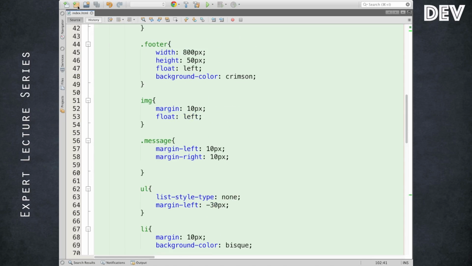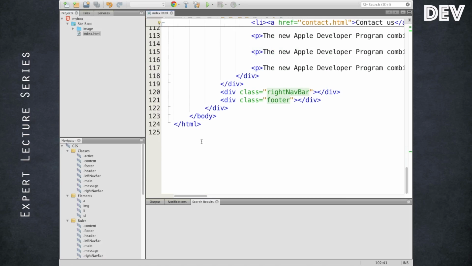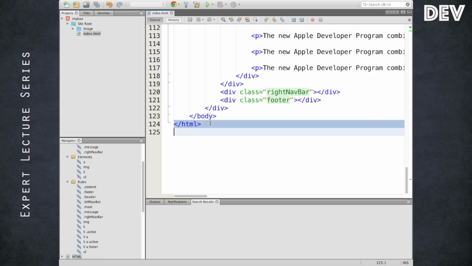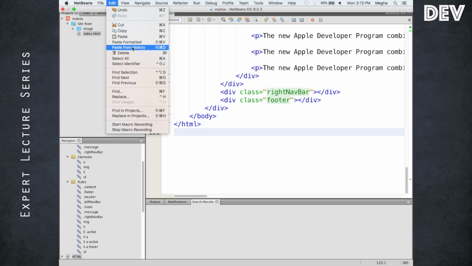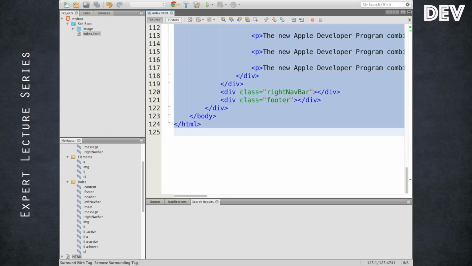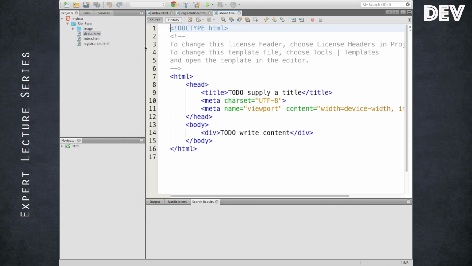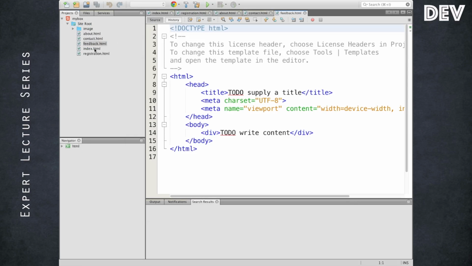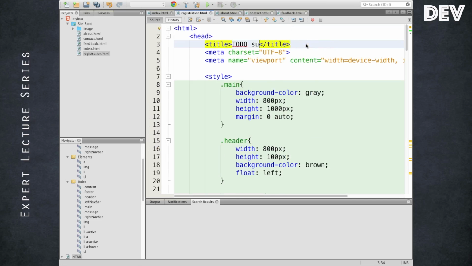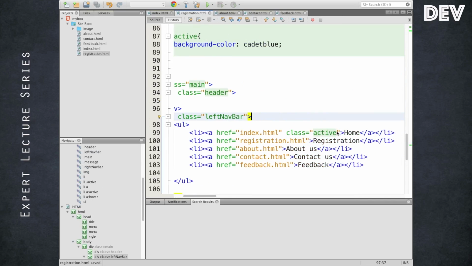I'm just going to copy paste it to start with. Maybe we'll add an exclusive design at a later point of time, because we have to encounter one issue: modularity. The code may not be modular if I do the same process again and again. And I'm going to move the active from home to registration.